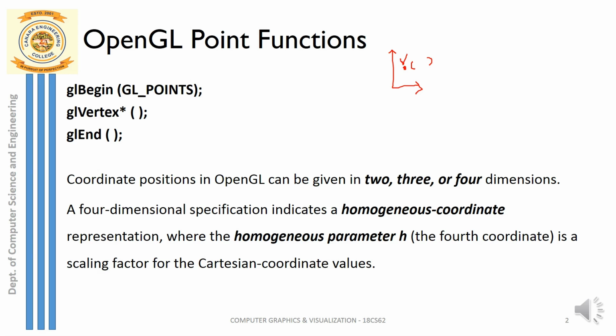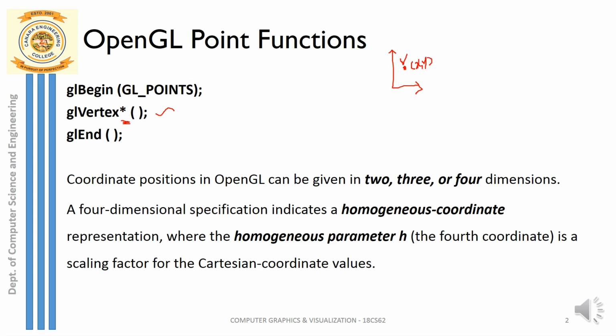So here, if I have to display a 2D point or a 3D point, I require x coordinate, y coordinate, it's for 2D. And if I have to display a 3D point, I require one more extra: x coordinate, y coordinate and z coordinate. So here there are two ways, as I already said. One way is directly displaying the coordinates using the glVertex function. So glVertex followed by 2f here, and if I specify 2f, directly x coordinate and y coordinate I need to mention, and the f represents floating point values.